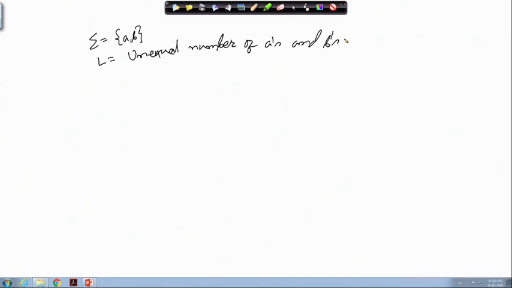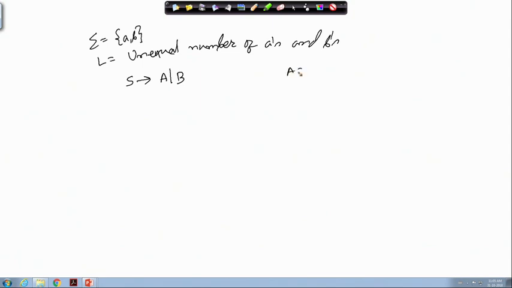So, for doing this, the grammar that we will construct will be something like this. We will take S as the start symbol of the grammar. So, this gives me S goes to A or B, where A stands for the situation where we have more A's than B's in the string.